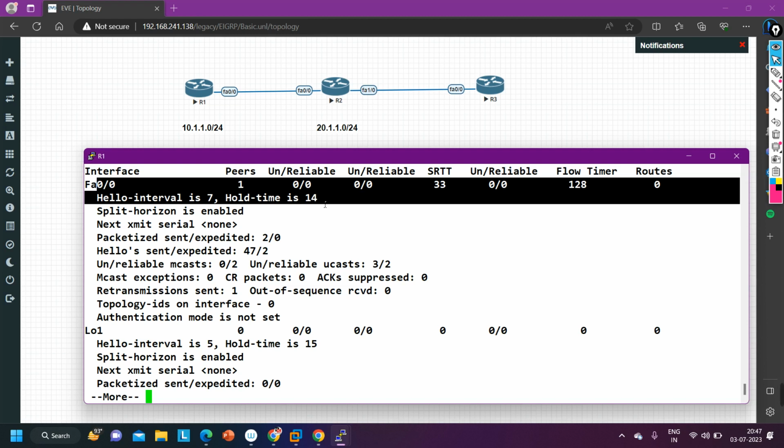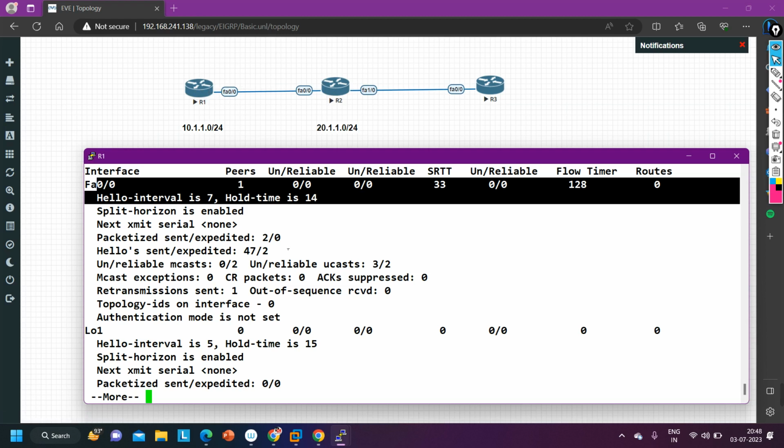If we are changing the hold time on R1 F0/0, it will take effect on R2. When R1 sends a hello message to R2, R2 will keep that information for 14 seconds, because you have configured the hold time as 14 seconds on R1.